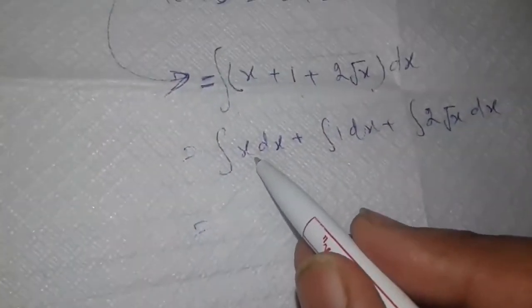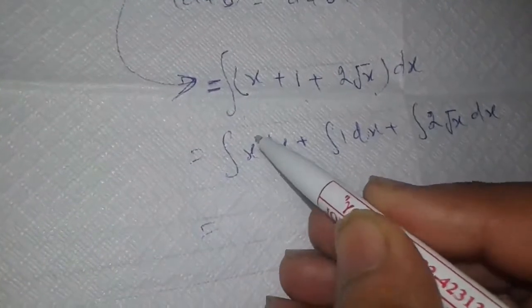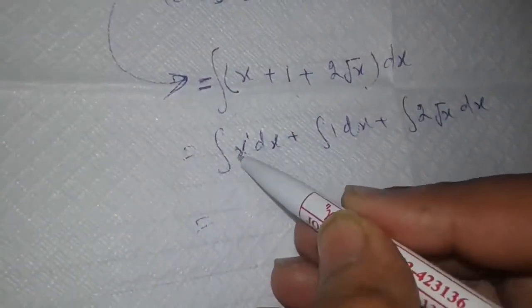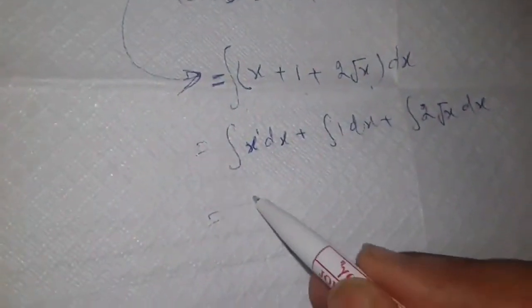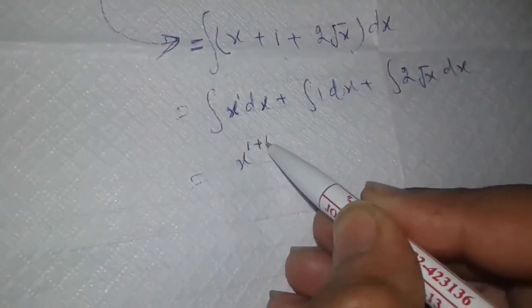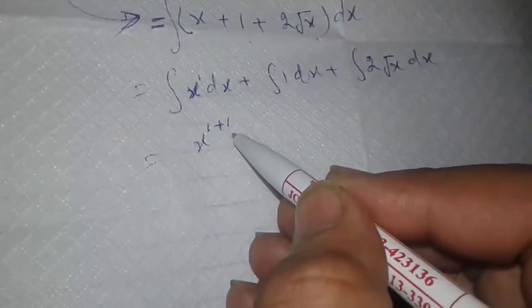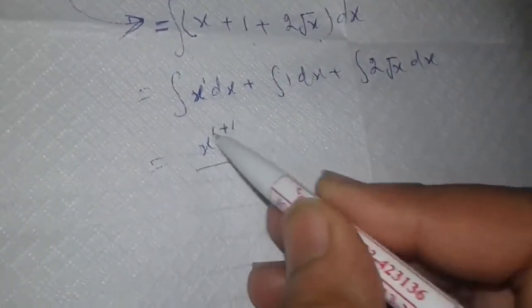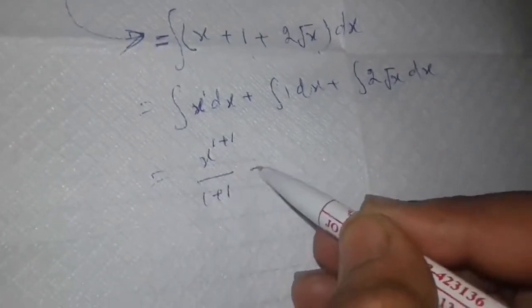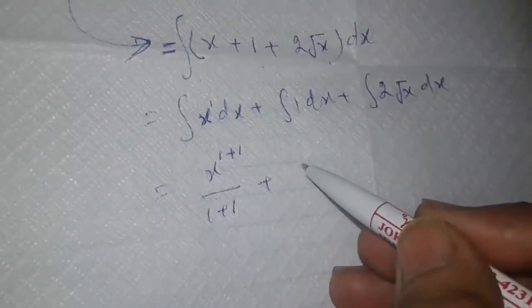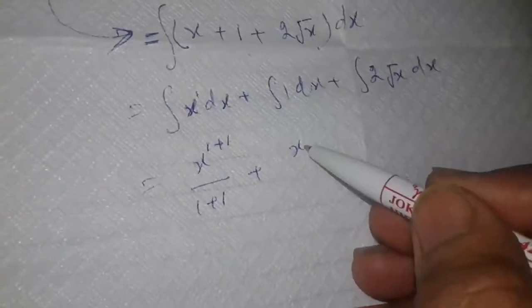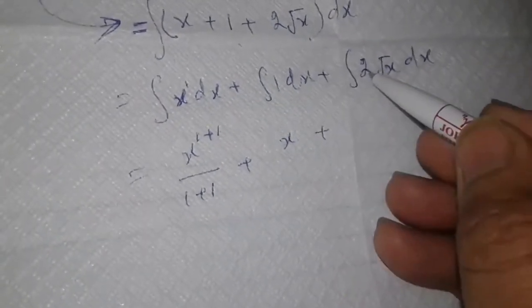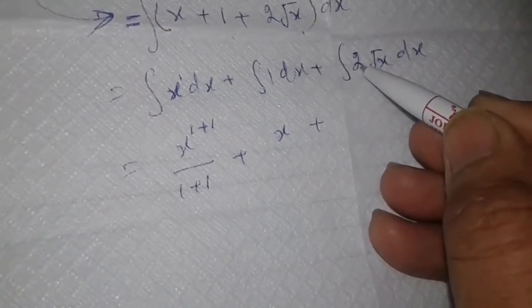Here the power of the first term is only 1, so we will use the simple formula of integration: increment the power by one, divided by the new power 1 plus 1, plus the constant. For the second term, the integration of 1 will become x, plus